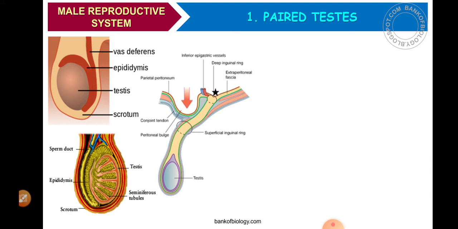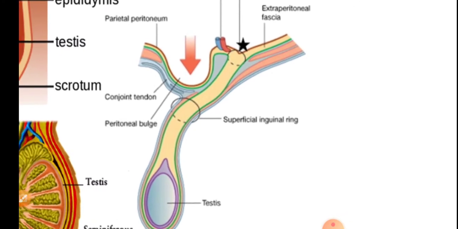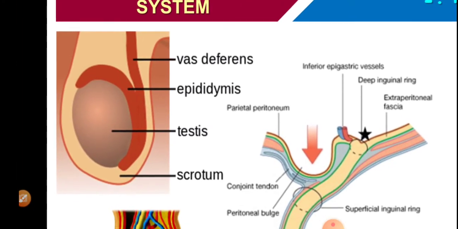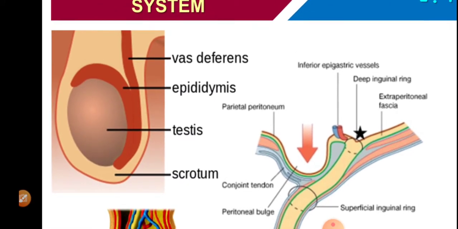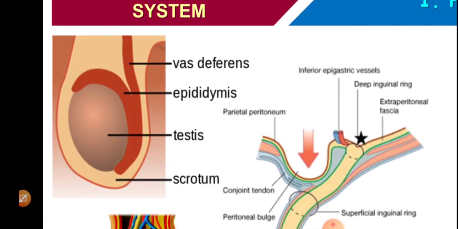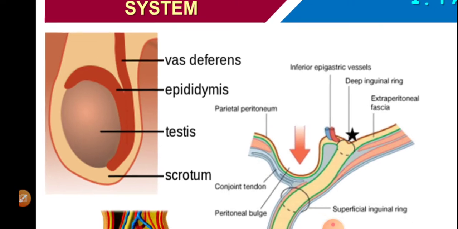As you see the figure clearly, your doubts will be cleared about how it forms. See here: this is the scrotum, the testes are here, the epididymis is here, and the vasa deferens is there. If you learn in sequence, there will be no mistake when you write the functioning also.